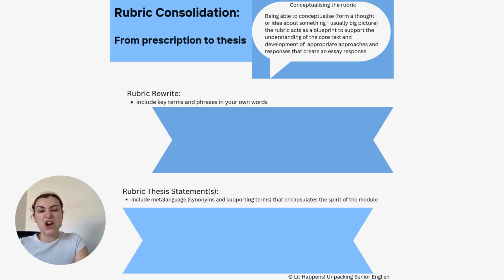So I'll always encourage them, and as a teacher, I like to do this too. I try and do a little bit of a rewrite of the textual conversation, because I always stress to students that with textual conversations it's important to understand that adults and teachers and other people on the committee that creates these rubrics write in that language, and so sometimes I find just rewriting the rubric, or even just a few dot points, really demystifies the rubric,